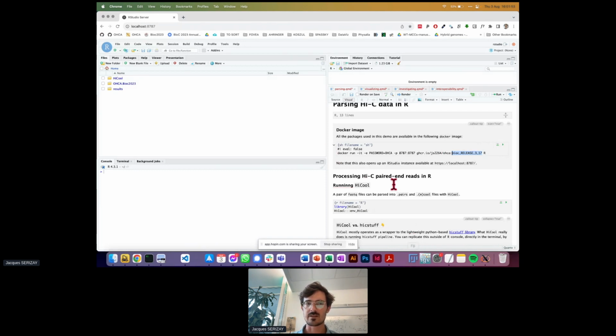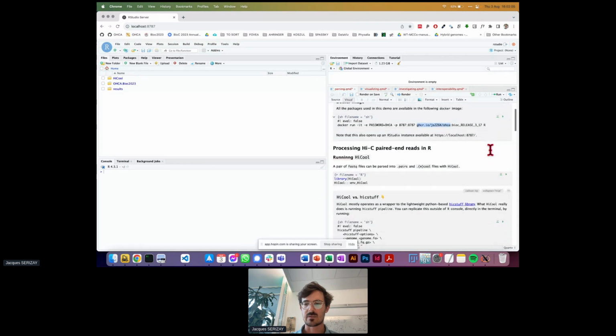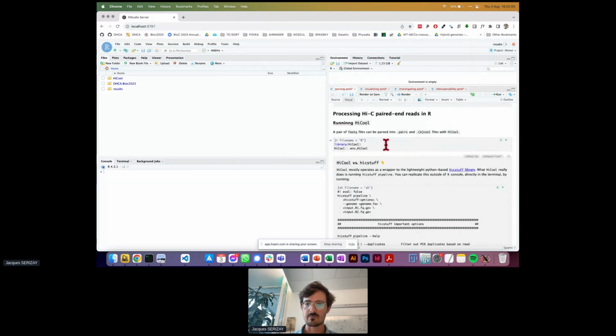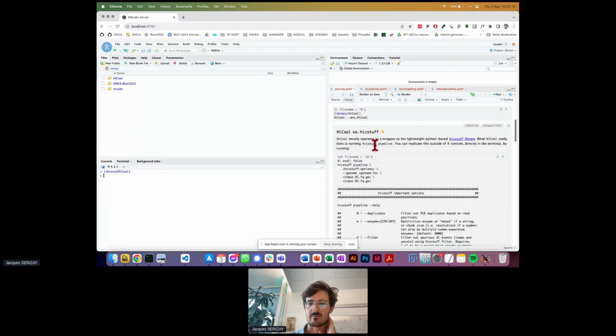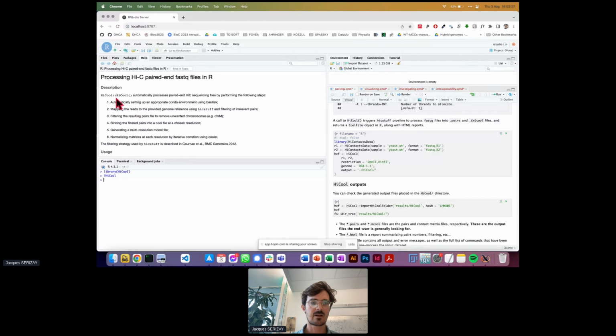So if you want to replicate this demonstration, or if you want to get started quickly with the Hi-C analysis, feel free to fetch this container image and get started. Okay, so I'll first start with HiCool. I can load the HiCool library. The HiCool library provides me with the HiCool function, which has a help menu,